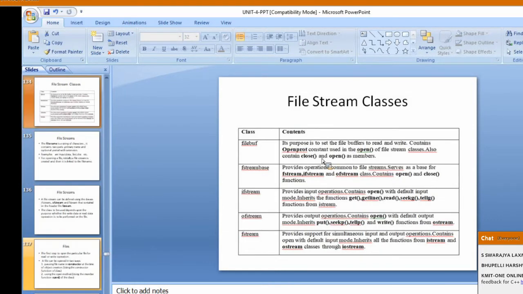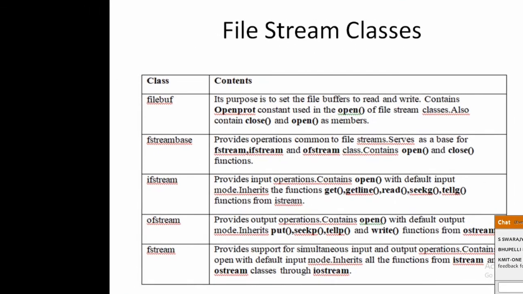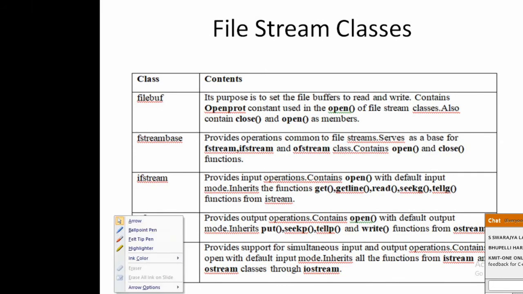You can see the file stream classes here. I have ifstream, ofstream, and fstream.